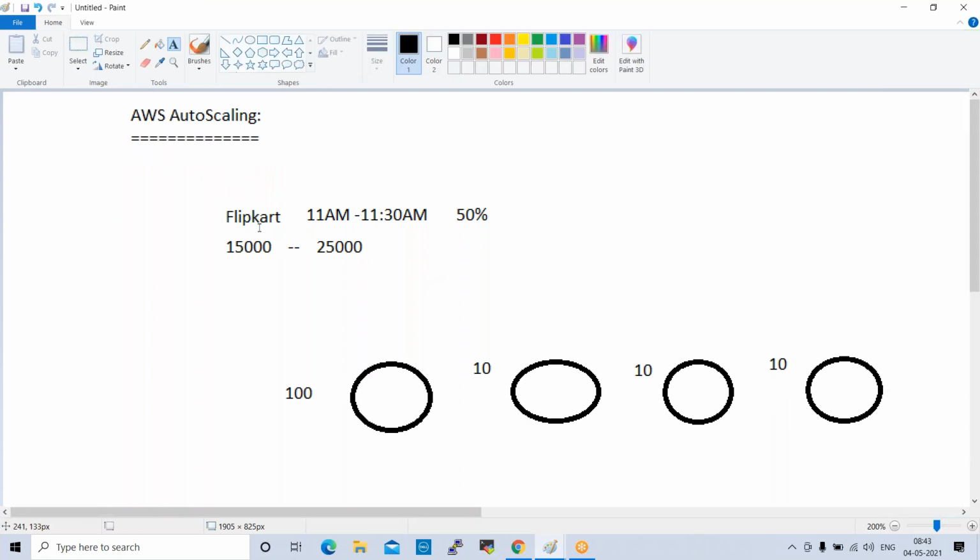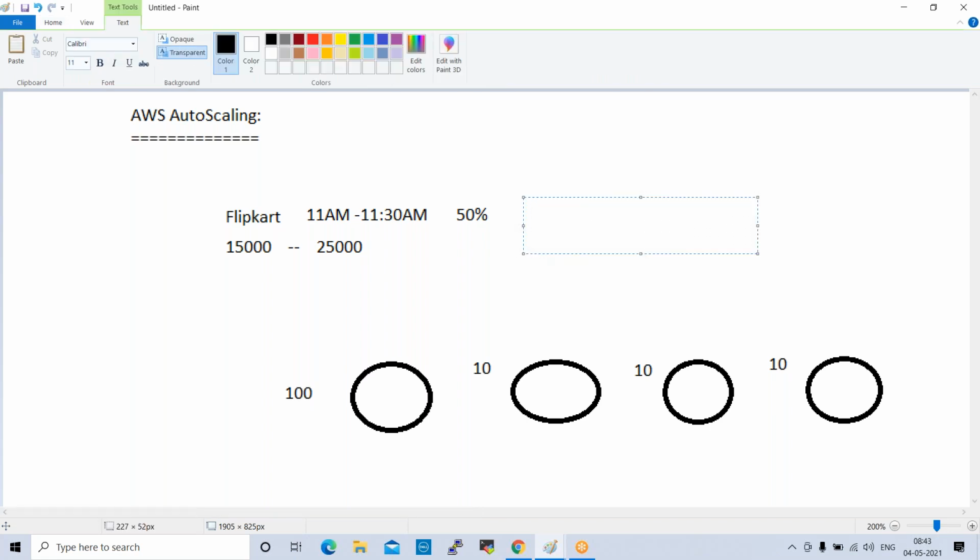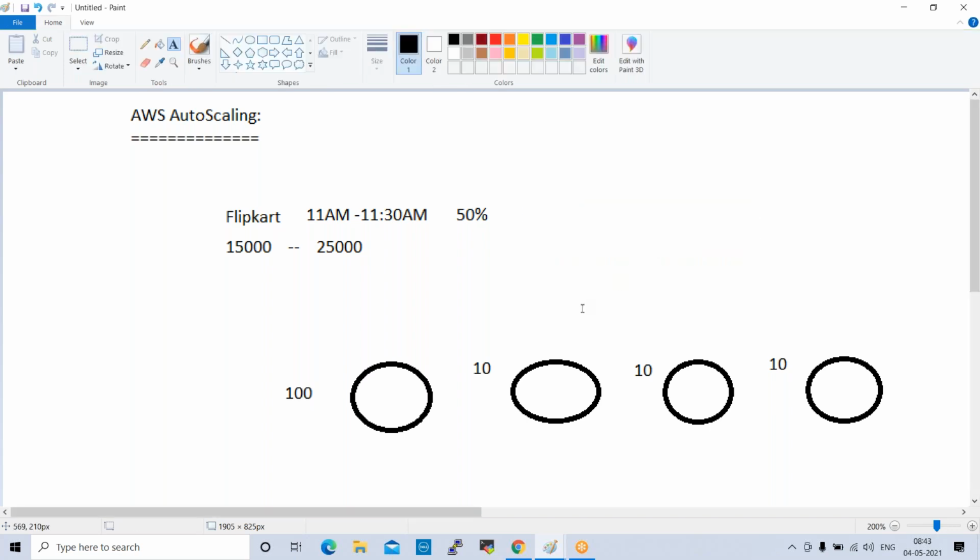Flipkart has already configured auto scaling. So what will happen in Flipkart? Whenever they receive more requests, auto scaling automatically increases the servers without any manual intervention. How do they configure auto scaling?